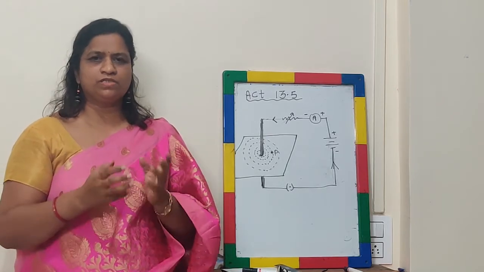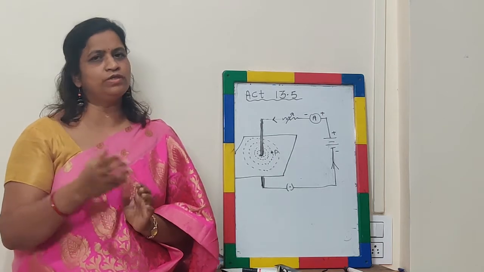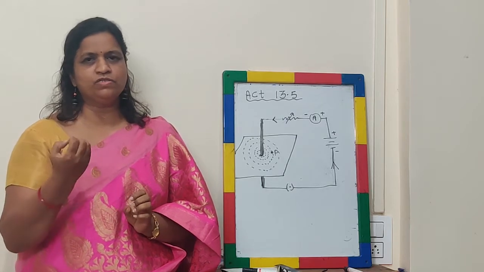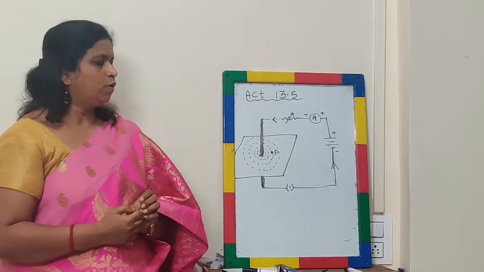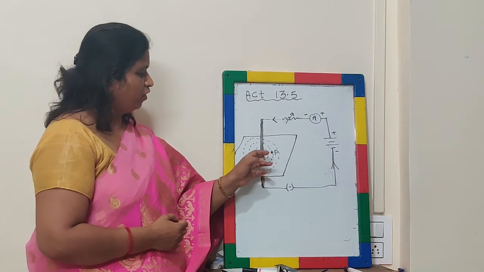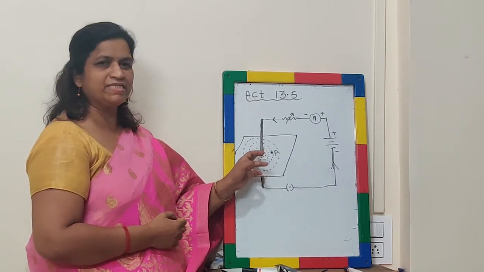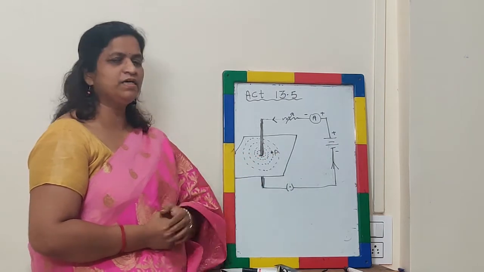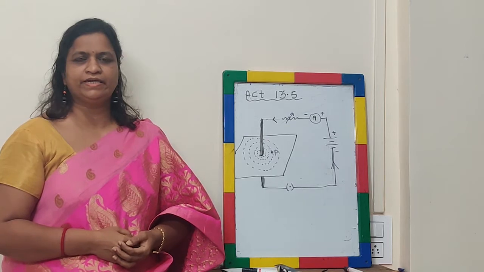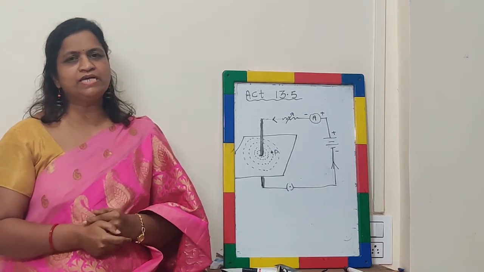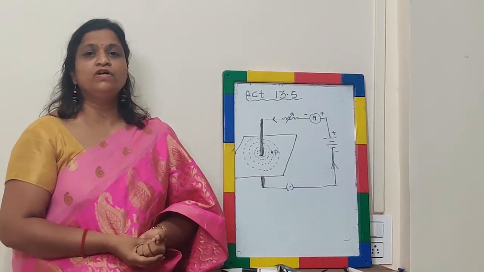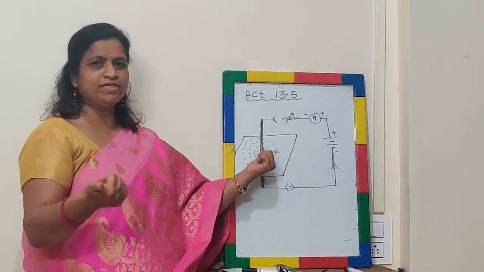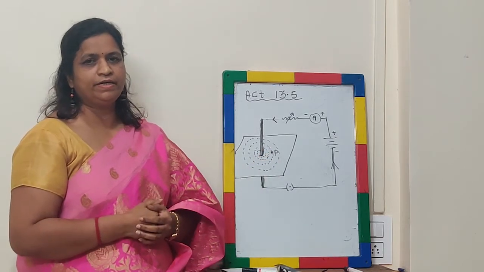We did a similar observation with the bar magnet also. There we observed that as we go away from the bar magnet, the magnetic force goes on decreasing. So the magnetic force is maximum at the innermost circle. As the radius goes on increasing, the magnetic force goes on decreasing. In other words, magnetic force is inversely proportional to the radius of the concentric circle. As the radius increases, the magnetic force will decrease.